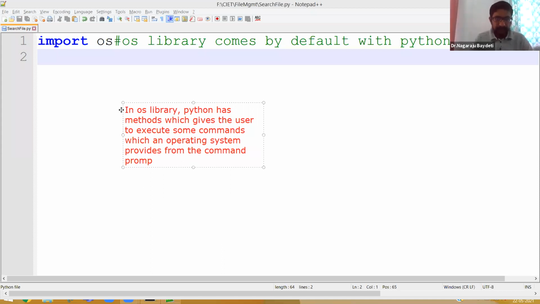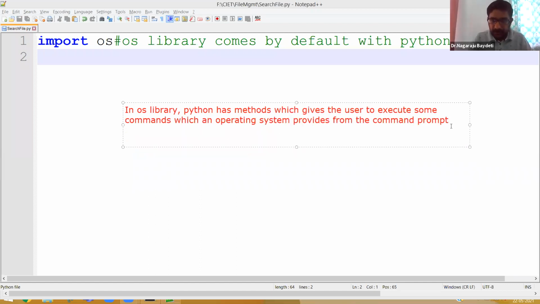Sometimes this line may be a little confusing. For example, in the Windows OS prompt, if you type dir, what will happen?